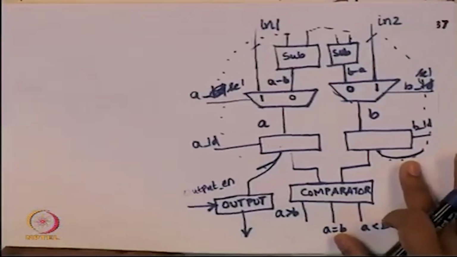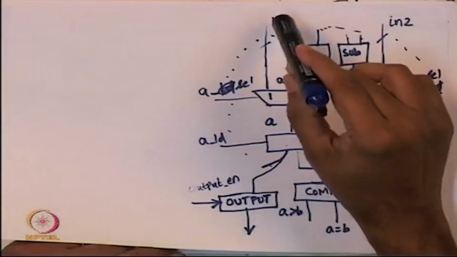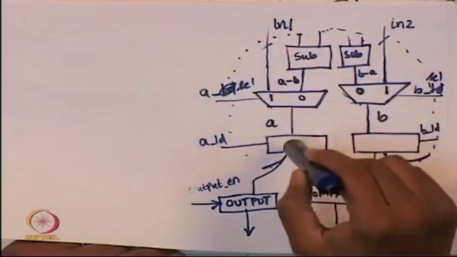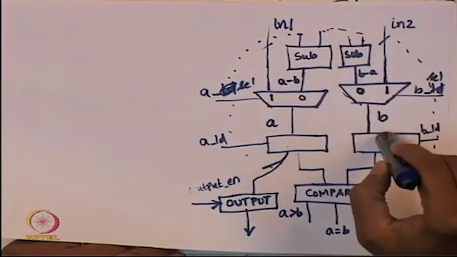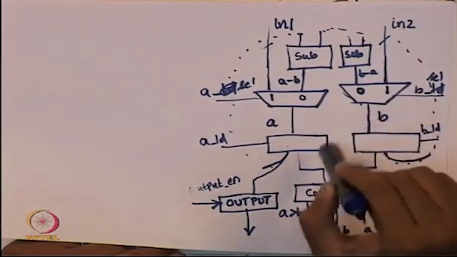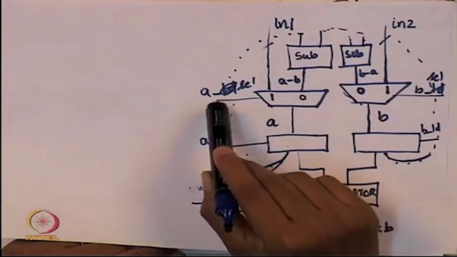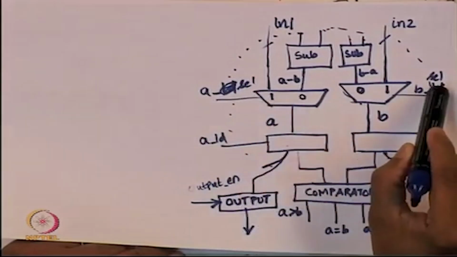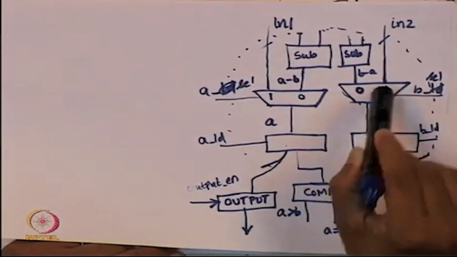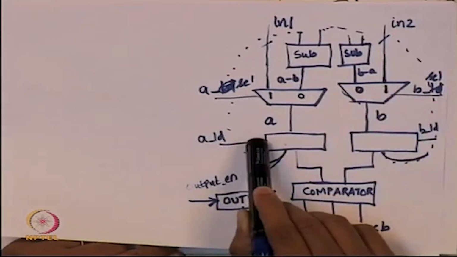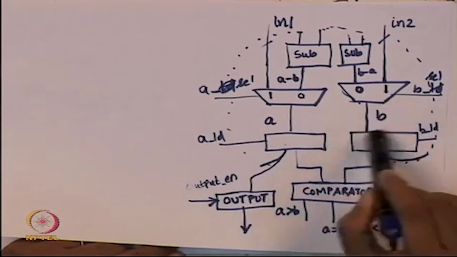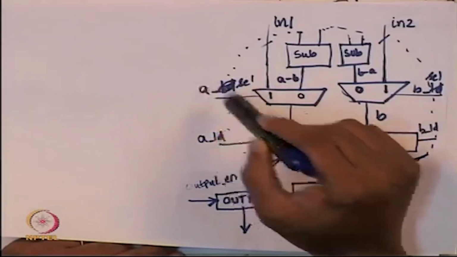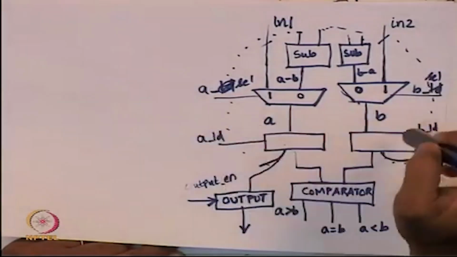Let us look at this picture here. So, let us assume that in1 and in2 are already ready. We are supposed to put the value of in1 in A and in2 in B. How is this possible? It is possible only if A select is 1, B select is 1, A load is 1 and B load is 1. So, we should have A select, B select, A load, B load